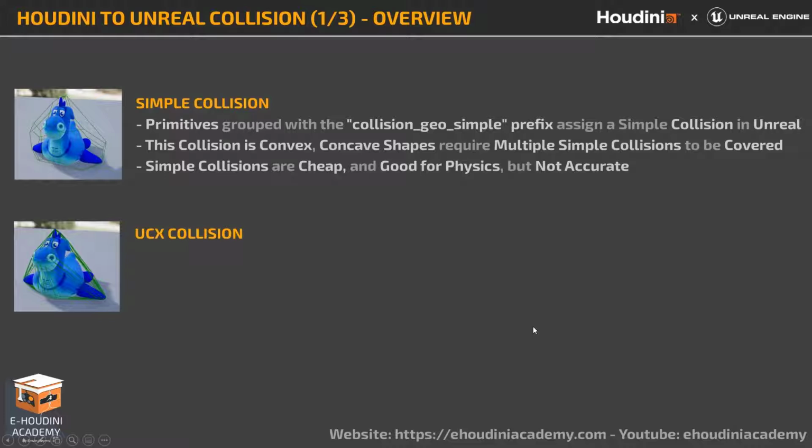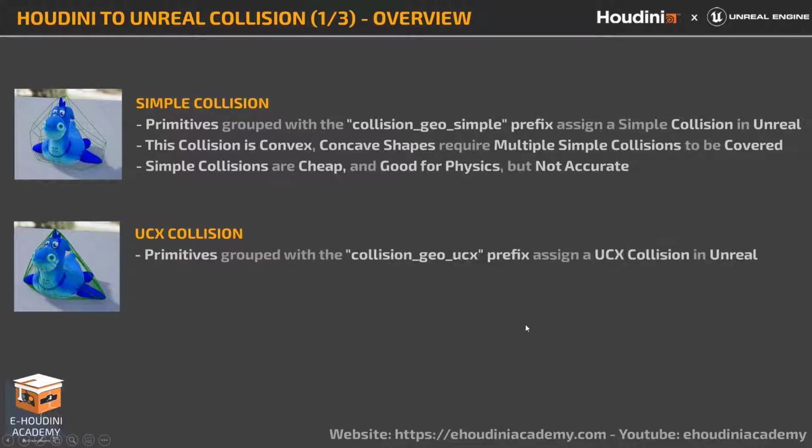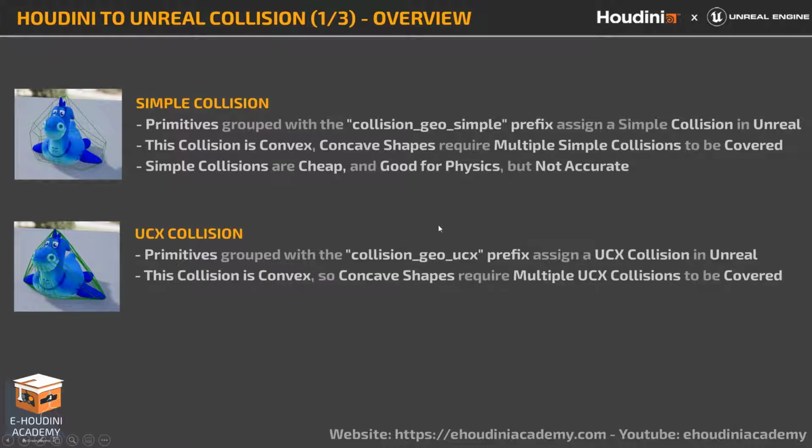Now, next to this we have UCX collision. And UCX collision works in the same way as a simple collision type. You simply have to create a primitive group called collision_geo_UCX, and it will generate it for you. Now this collision is also convex, and likewise we also need to have multiple UCX collisions in order to cover a concave model. And finally, this particular collision type is actually the default collision type that is stored inside FBX